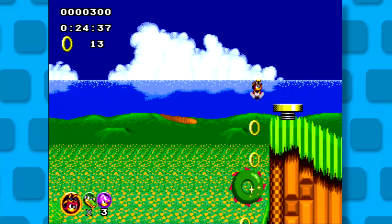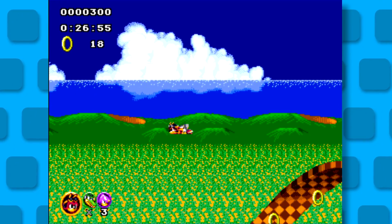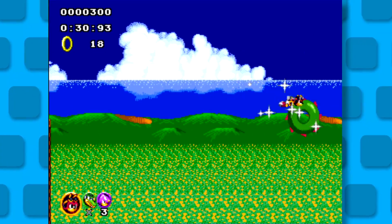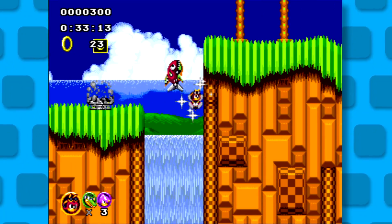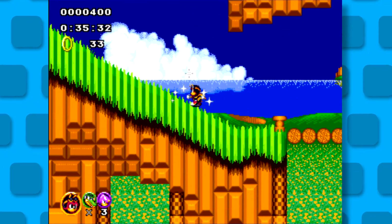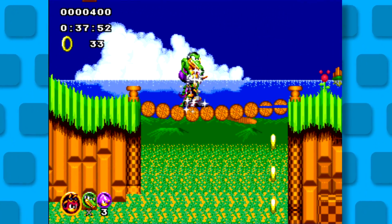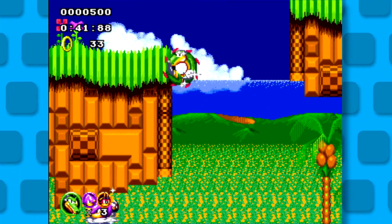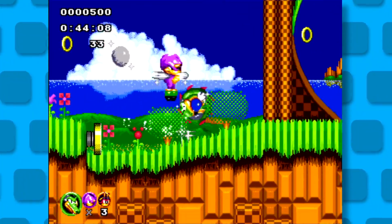You can even choose to play as different combinations of these characters. You can play as just 2 of them, and it's any combination of the 2, or you can play as just the one of them. If you want to play as Charmy Bee in Sonic 1 and 2 and just not really play a game, this one's for you. And last but certainly not least, we have a game that is a little bit iffy in my mind in terms of, like, you know, design and levels,